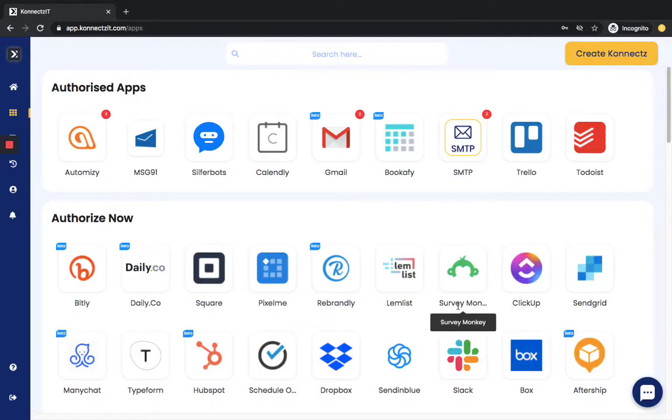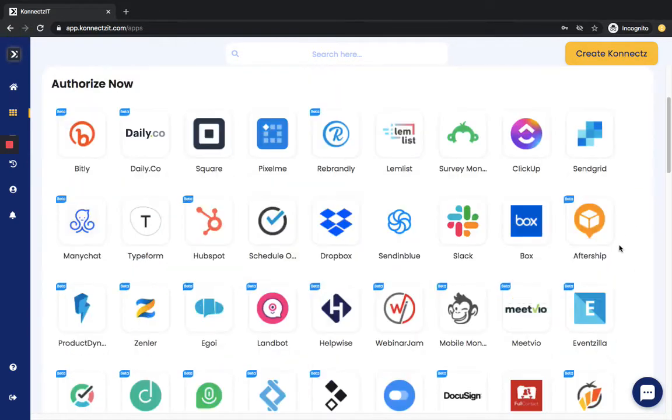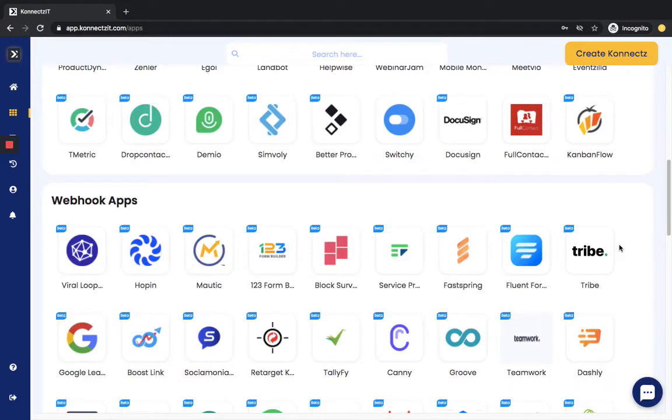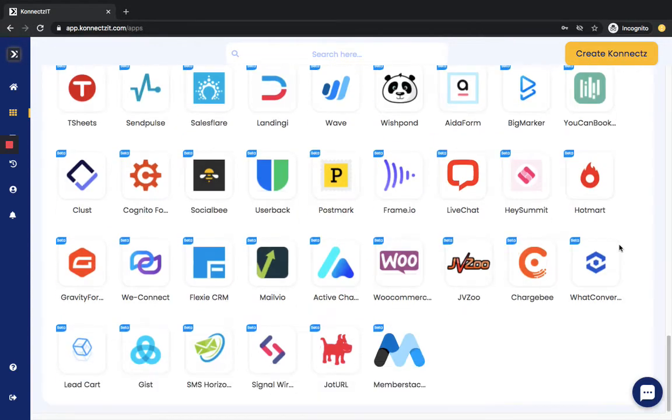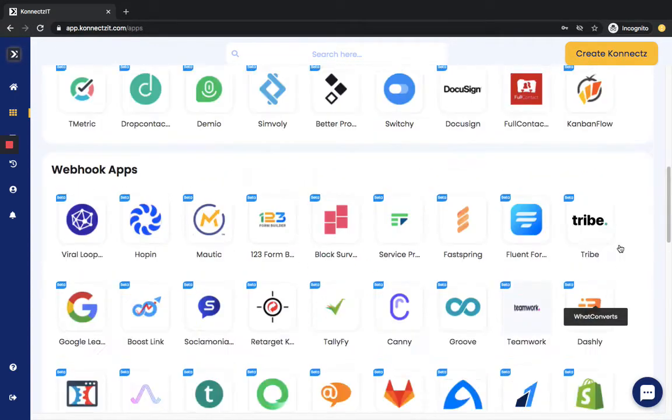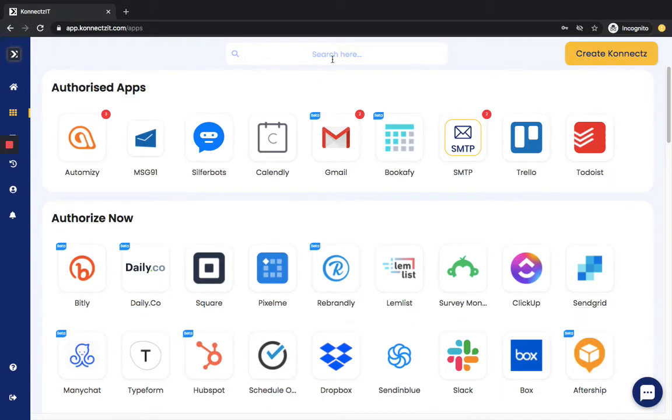So once you sign up to Connexit, you will see this app screen giving you access to our more than 140 great apps. You can see all the apps listed over here, your favorite apps. You can do simple searches like this one, searching for your favorite apps.